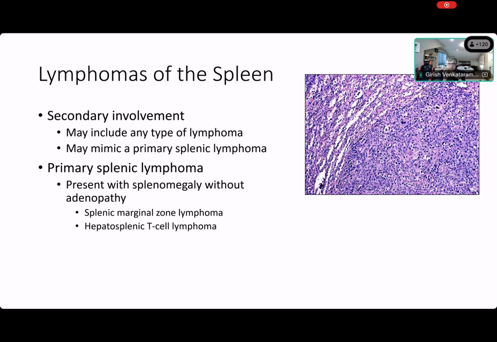And these occur in very predictable age settings, right? Even without seeing the slide, if someone gave me the history, it's easy enough to identify these lymphomas. Anybody want to tell me what the history might be for a patient who has hepatosplenic T-cell lymphoma? Give me an age and a scenario. Let's see if we can get that typical scenario correct. What are the kind of patients who will get hepatosplenic T-cell lymphoma? What is the typical age group? Anybody knows?